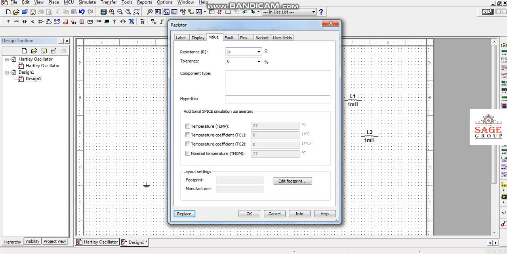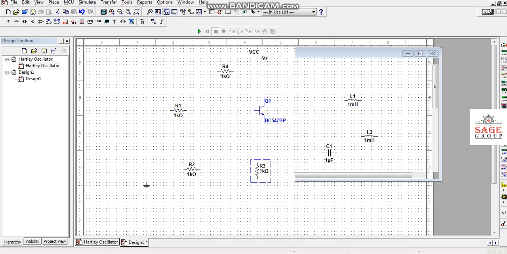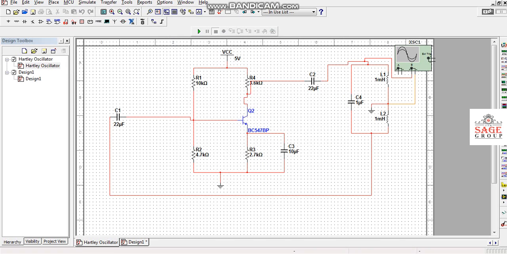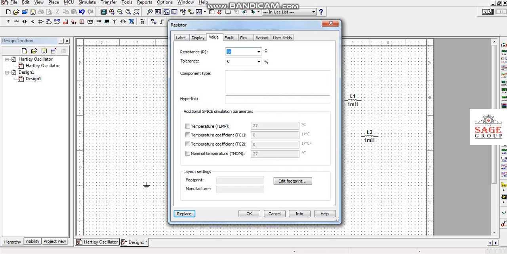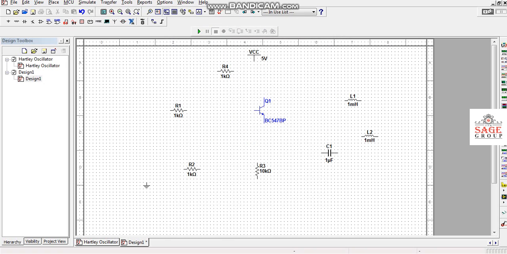In my design I require these 4 resistors having ratings 10, 3.6, 4.7 and 2.7. So I can easily change the values of these resistors. Suppose I require a 10 kilo ohm resistor, I just click here, and the resistor value is changed. Now it is 10 kilo ohms.